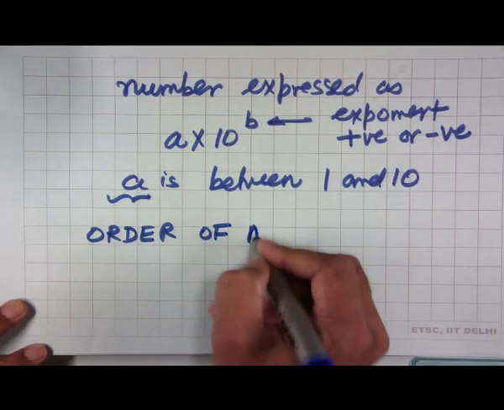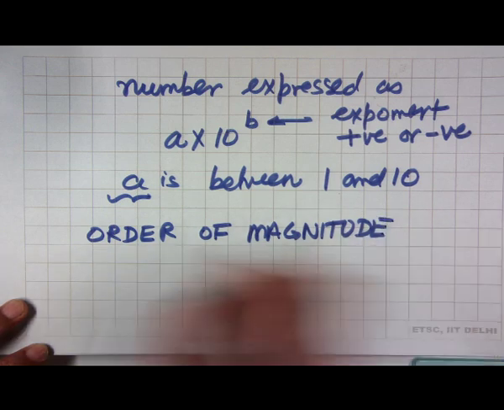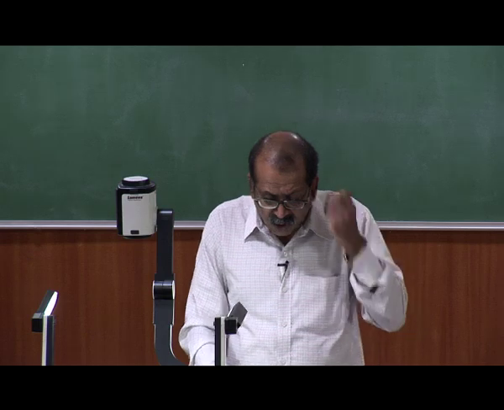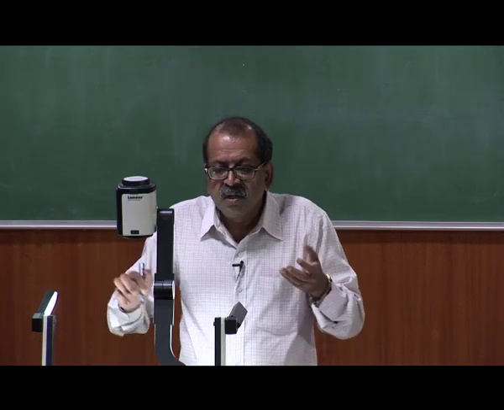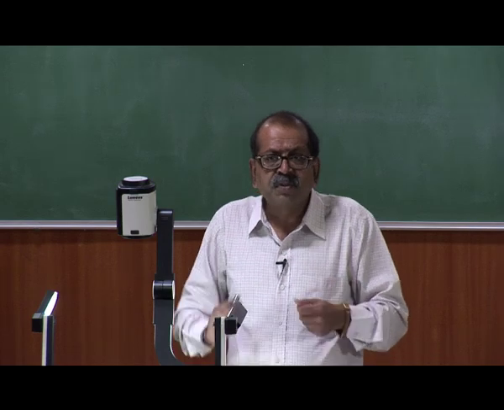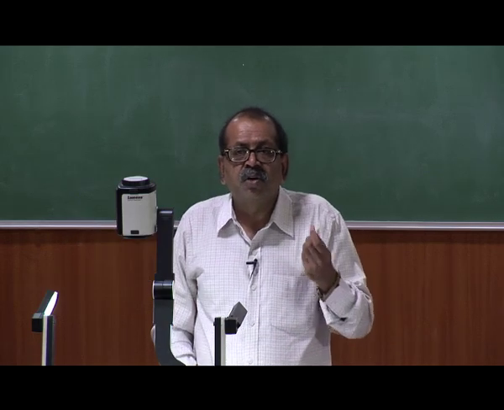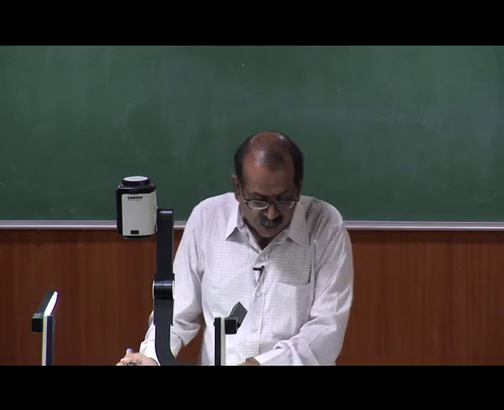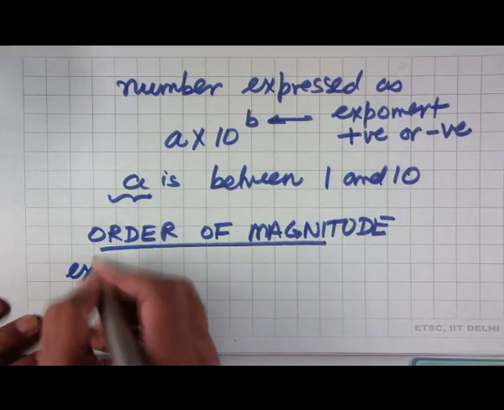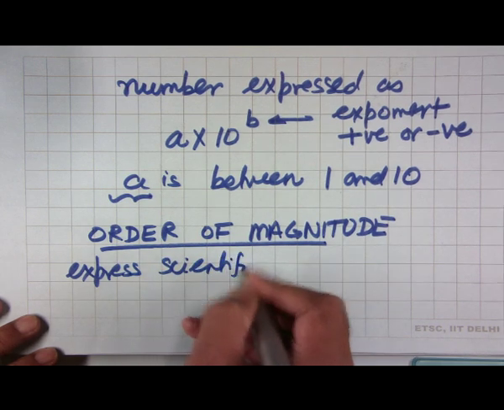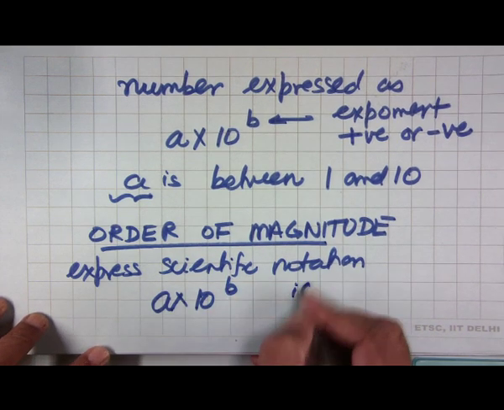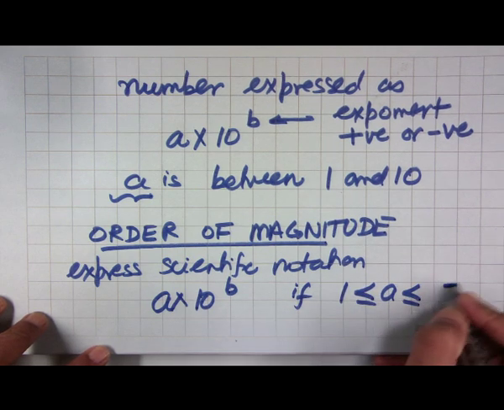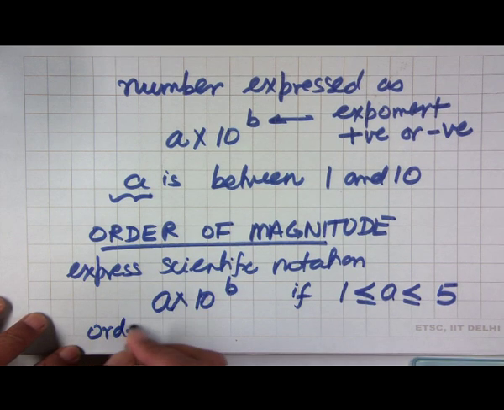Then we also define something called the order of magnitude, where we want to have an estimate of the measurement, not the precise value, but how much it is. For example, when we have something like 1 meter or 2 meters length, we call them as the order of magnitude of 1 meter. But if something is 100 meters or 110 meters, then we will say the order of magnitude is 100 meters. So, the order of magnitude, how we write is, again if we express the number in scientific notation, then we will write it as a multiplied by 10 to the power of b, and if a lies between 1 and 5, then we say the order of magnitude